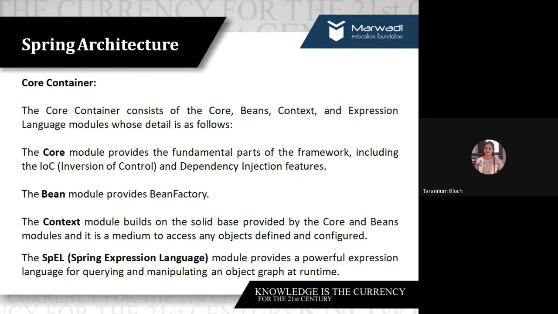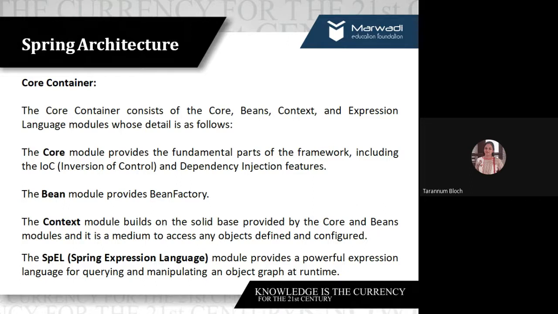Okay. So what I'm saying is, when I'm talking about the second paragraph, the core module provides the fundamental parts of the framework, including IOC, which we will learn shortly, inversion of control, and dependency injection features. So basically, dependency injection features will talk about when you have two different objects, how the dependencies could be represented using the code.